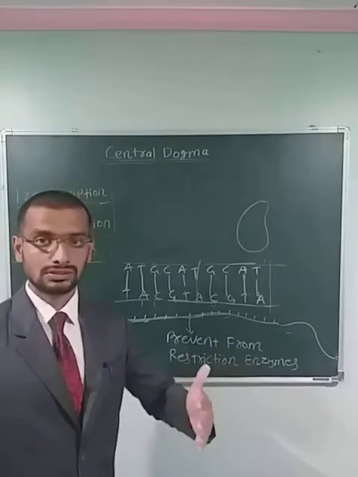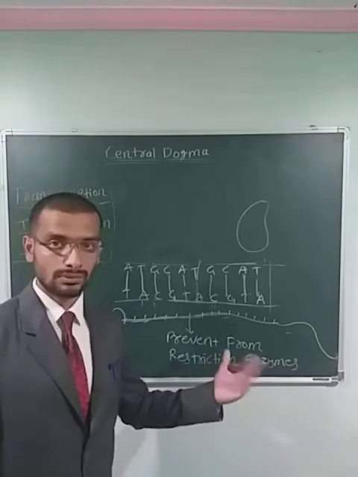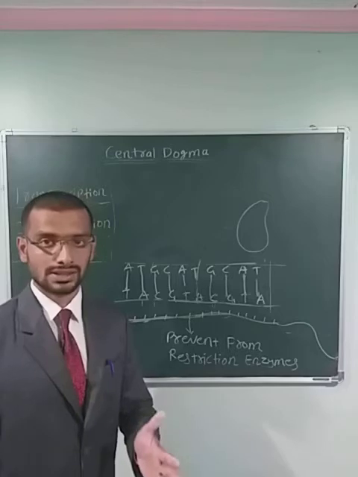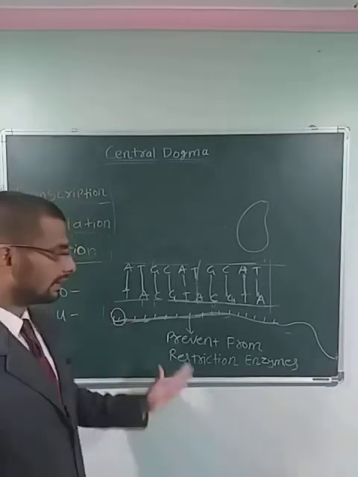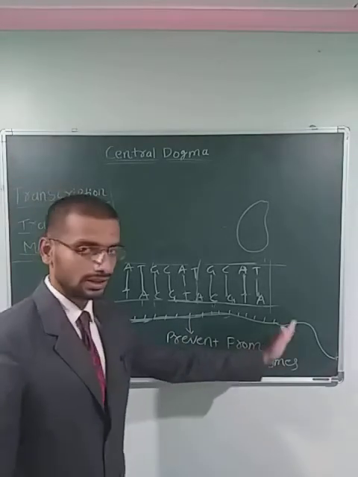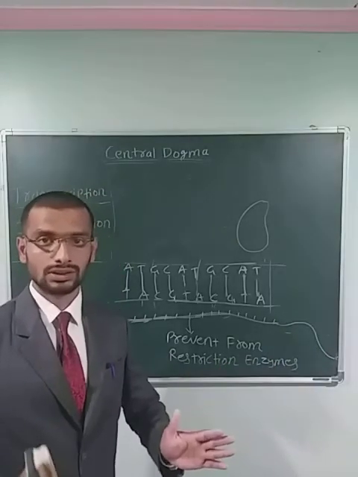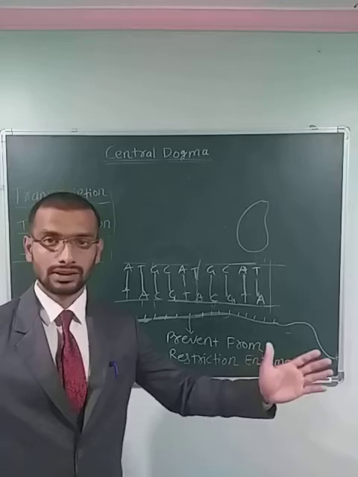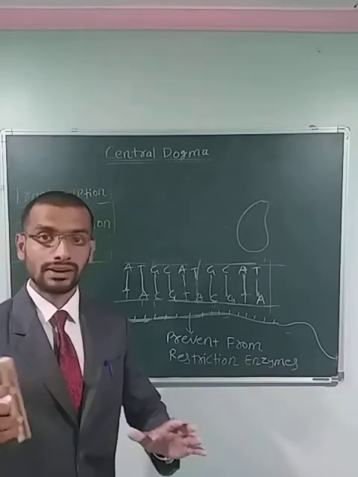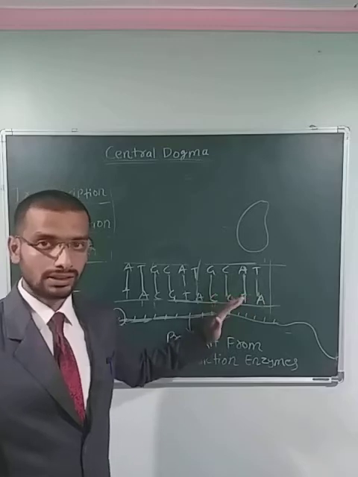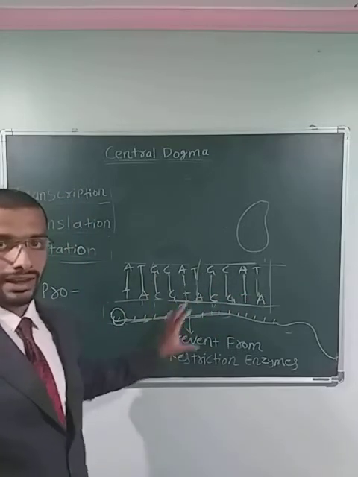For 12th standard students, the restriction enzyme is a familiar word, in which endonuclease and exonuclease are present. The endonuclease will break down the mRNA or DNA in between. The exonuclease will cut or break down the DNA or RNA from the extreme ends. So to prevent that, the cell's own mRNA is protected by capping and tailing.